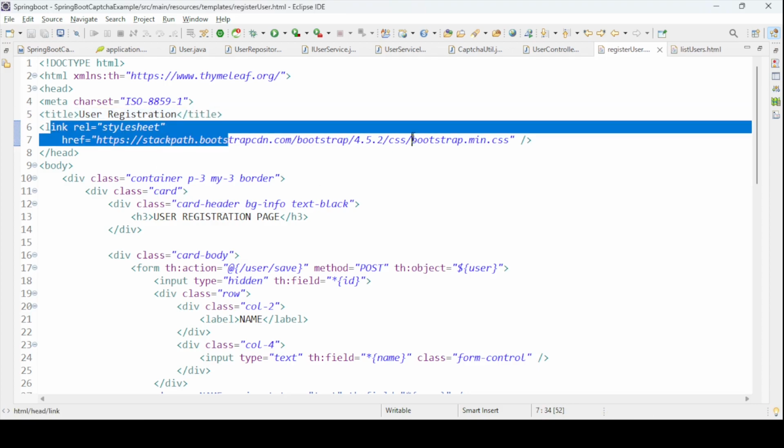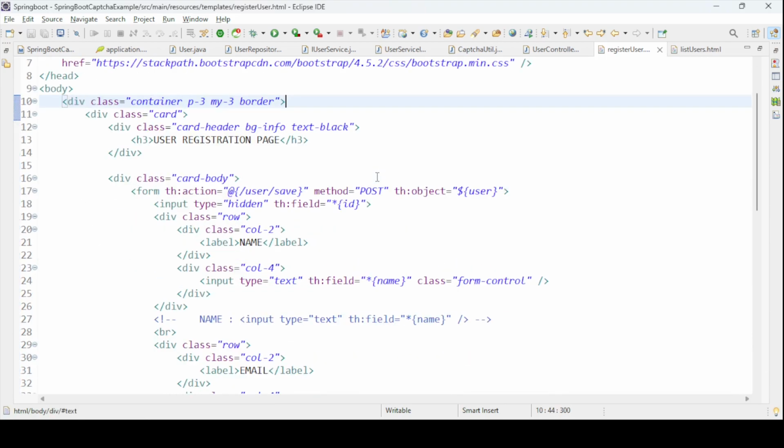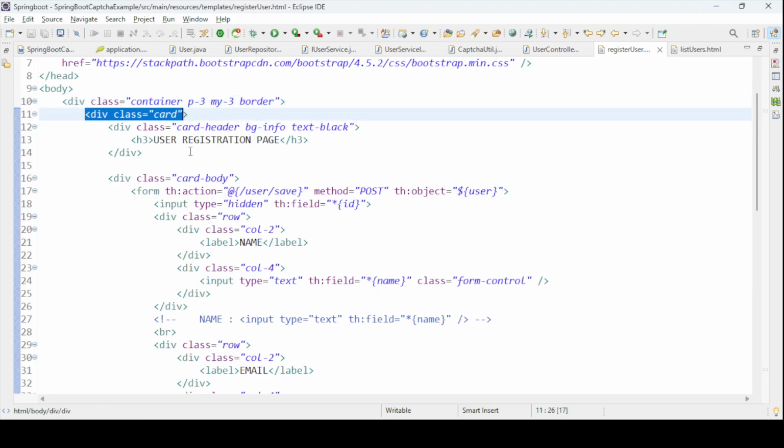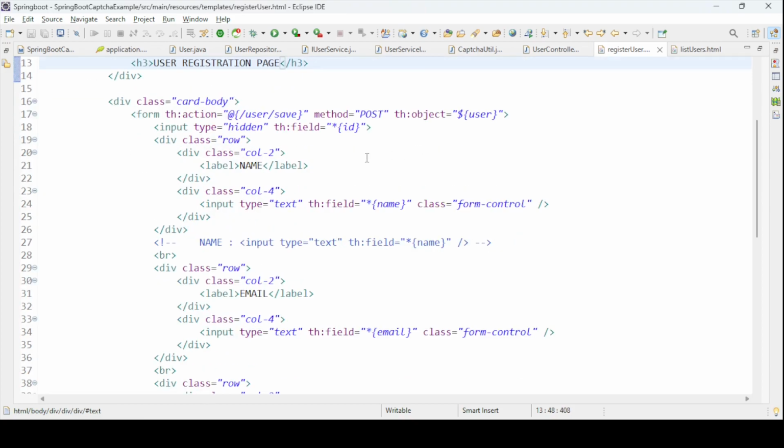And these are the style sheets I have used for Bootstrap applications. And from here, I used the head section. The head section has been closed here, and this is the body container. So I've taken this container class and I have used this card, and this is the basic registration page. And then in this one, I have used, here, if you see,